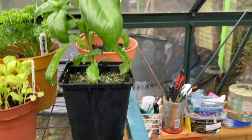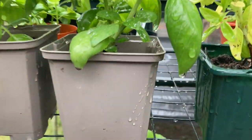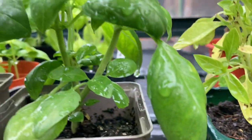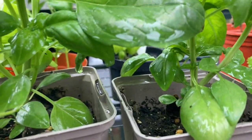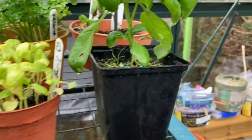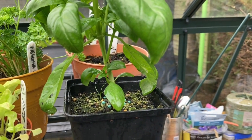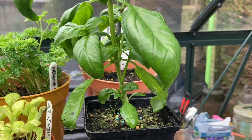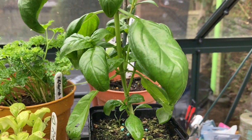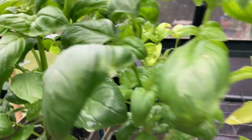But then either side you've got this plant, these two here. And the interesting thing about these is that these are single plants from a single seed. So what I did with these is sowed the seeds in a pot and then pricked them out into individual pots, and I've kept them going. I've given them some fertilizer, but I've kept them well watered, and I've pinched out, you can see at the